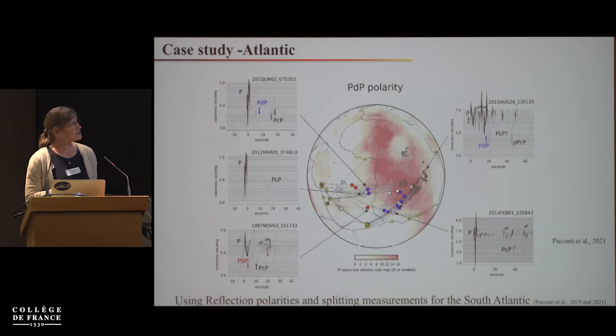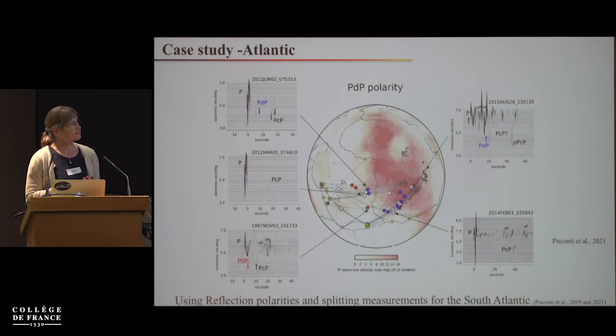We find reflections where PDP has the same polarity as PcP and P. Those are the blue points. Then we see reflections where it has opposite polarity, as in this case here. And then we have quite a number of points where we can't detect a reflection of D double prime. These are shown by these white points here. So one would probably say there is no D double prime